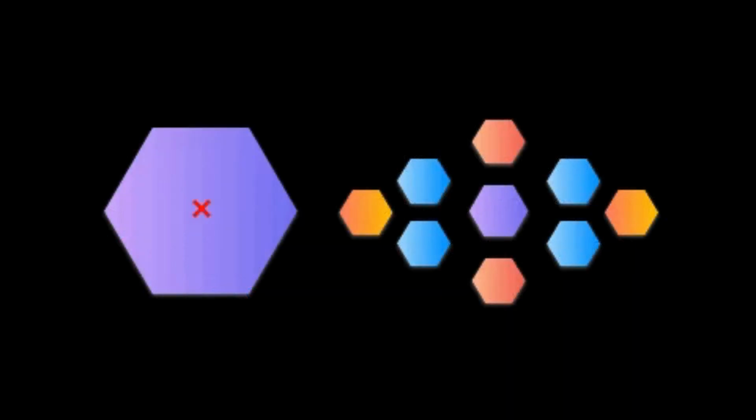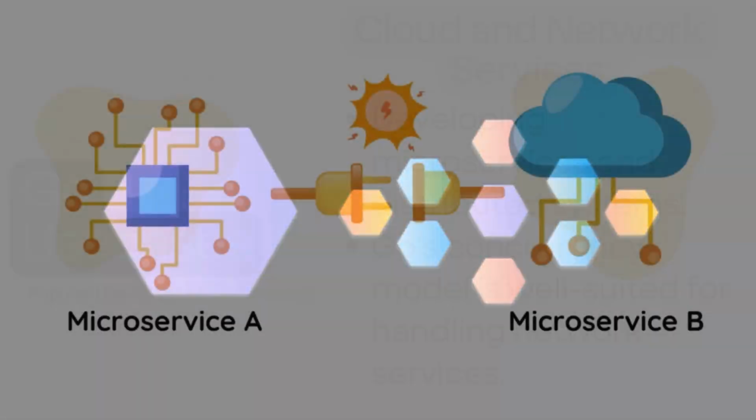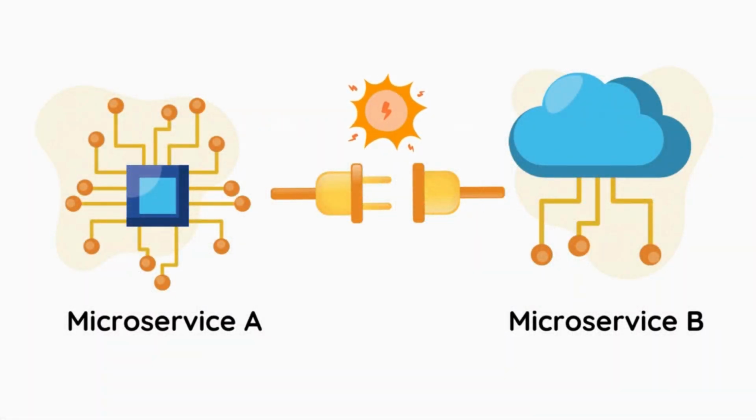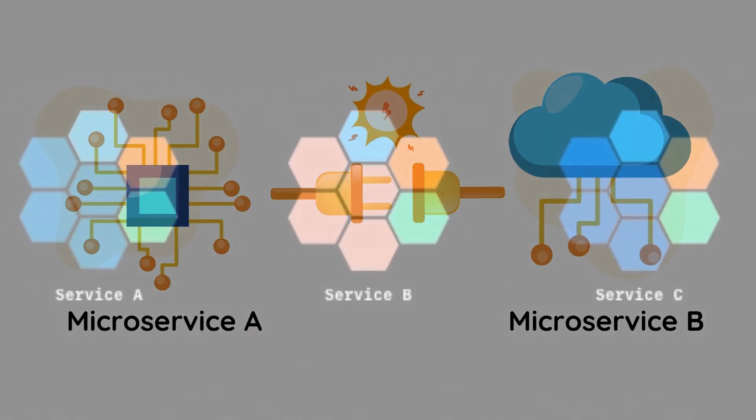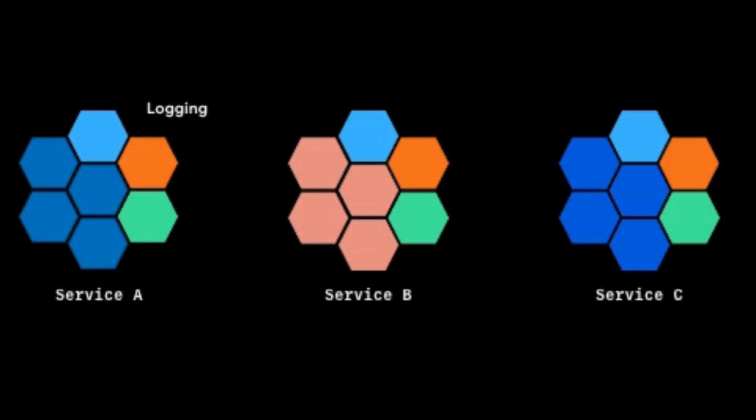This is a software development architecture style, where an application is built as a collection of small independent services which communicate with each other. Think of an e-commerce application. Instead of having a single monolithic application, you could have separate microservices for user authentication, product catalog, order processing,